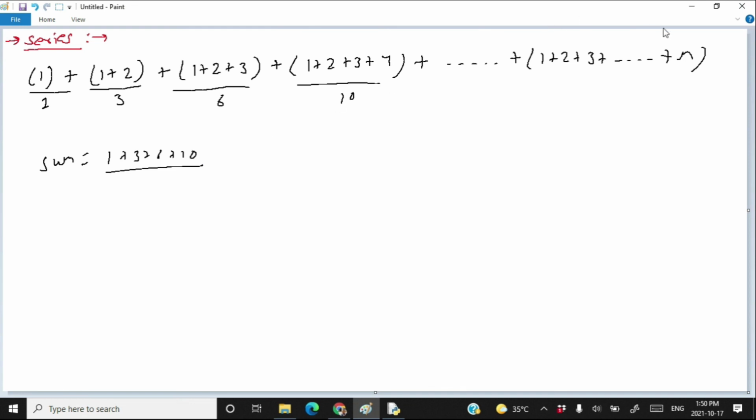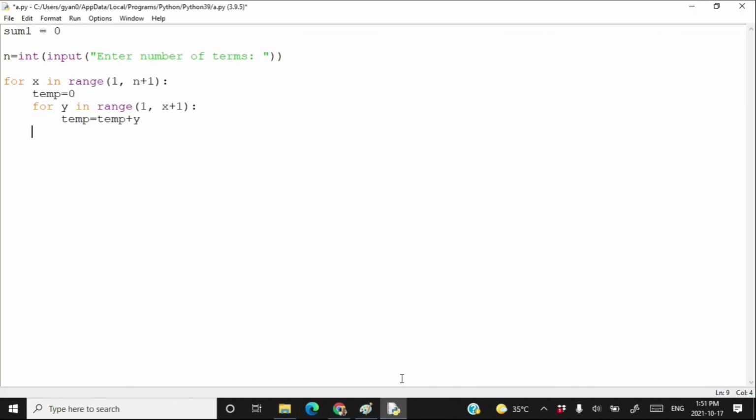This is going to be your value. So what you are going to do here is write sum1 is equal to sum1 plus temp, then print sum1.